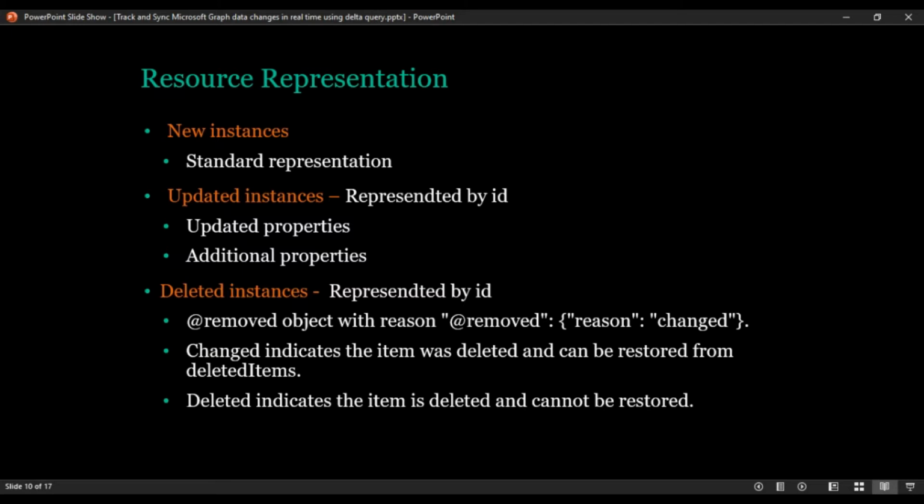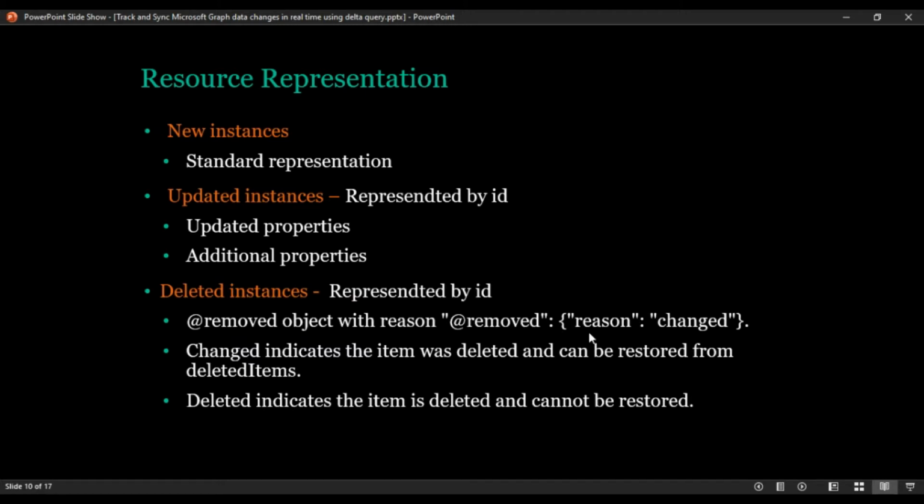And the third action is, basically for every resource, delete is one other concept, right? So in deleting, you will receive what data is deleted with a tag node called @removed. You will get this @removed as an object in your Graph API response, whatever the resource. You need to note here that in the @removed, you will have a reason as well. This will be the format that you will get in a response if any specific resource is removed from your Graph resource.